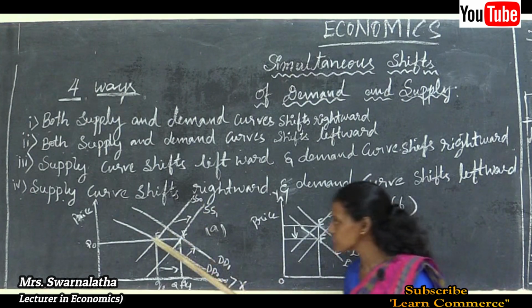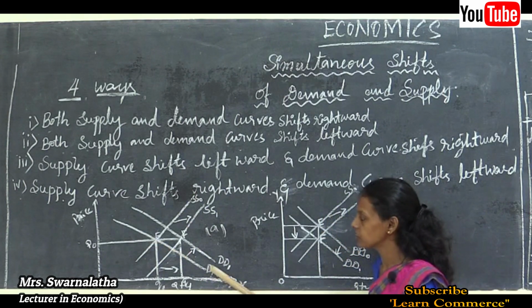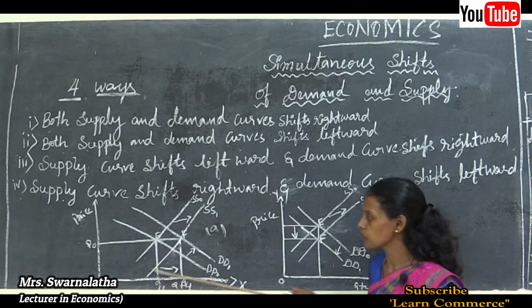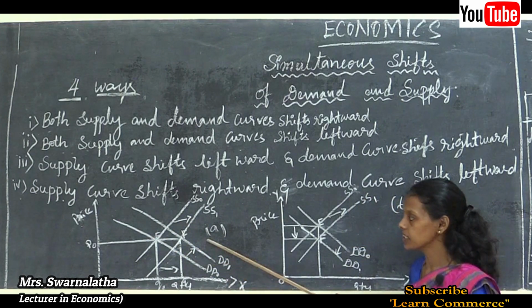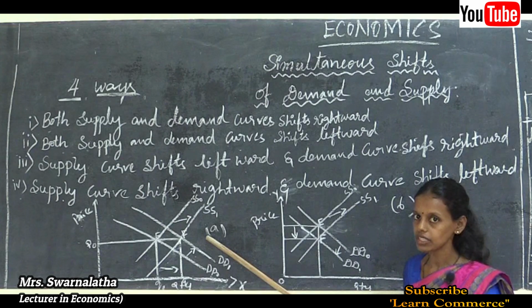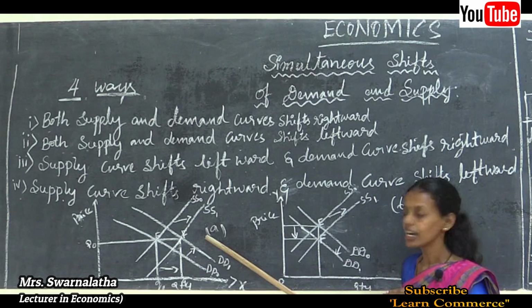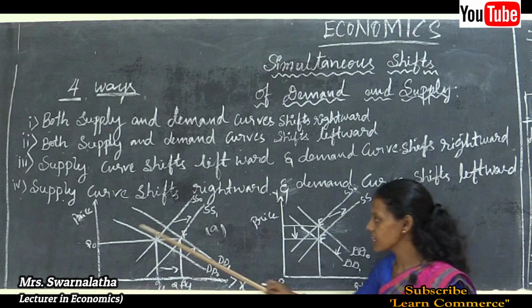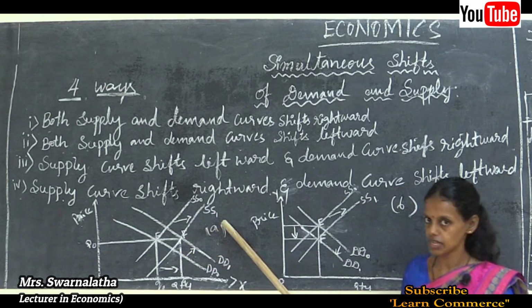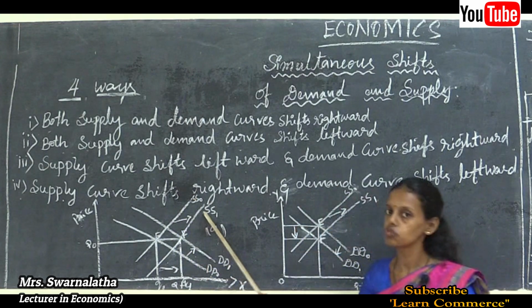So, here the first stage equilibrium is E, the intersection of SS0 and DD0. Any deviation in the quantity produced leads to a shift in the demand curve, that is from DD0 to DD1. Demand increased, quantity of production increased, price remains unchanged. Price is constant, 50 rupees per product, means price is as it is, but demand increases because of the increase in the quantity of production. Thus, change in the demand leads to the change in the supply. Supply also increases from SS0 to SS1.